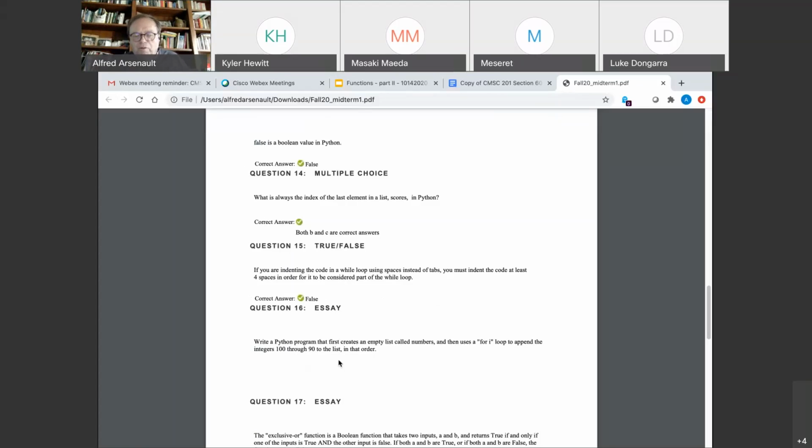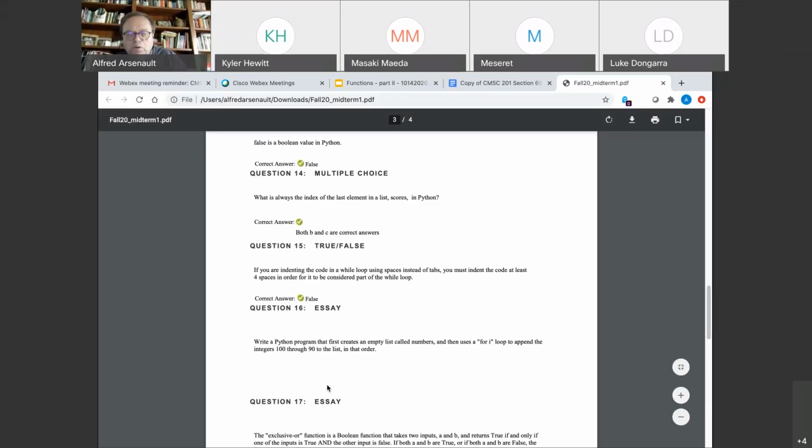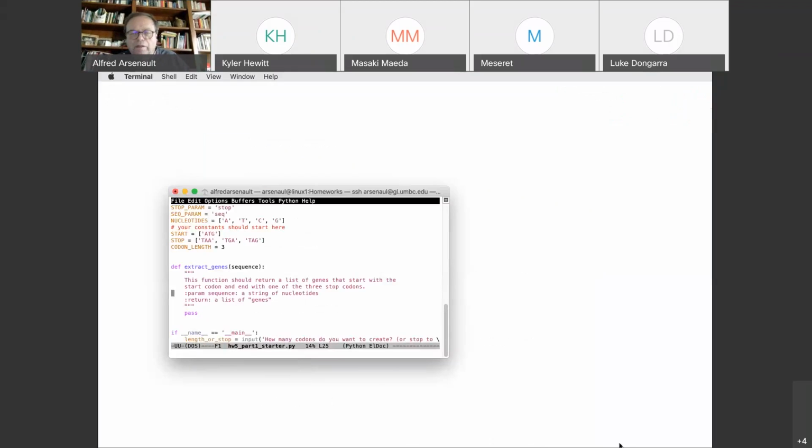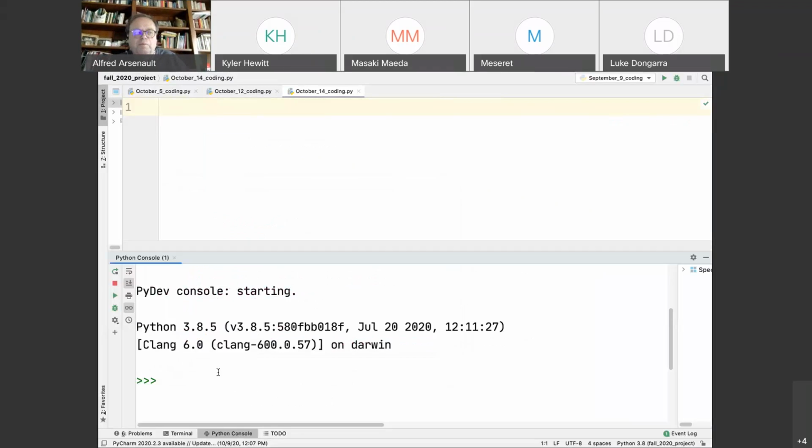Write a Python program that first creates an empty list called numbers and then uses a for i loop to append the integers 100 through 90 to that list in order. Most people got that one pretty quickly. There were a couple of ways to do it. First of all, to create the empty list, you do that. Second of all,